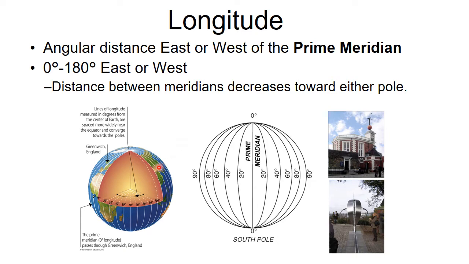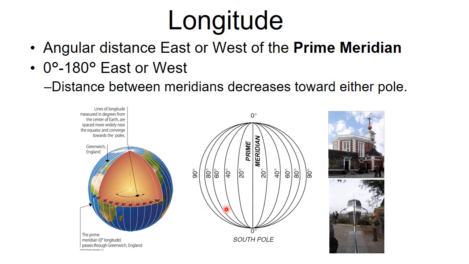Also, here's another one of the distinctions: the distance between the meridians decreases towards either pole. You can't ask the question, what's the distance across a degree of longitude, because it varies. Right at the equator, 69 miles, but then at either pole, it's zero. So the amount of distance between each one of the meridians gets smaller and smaller as you go towards either